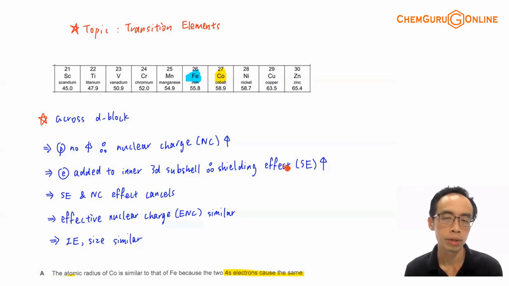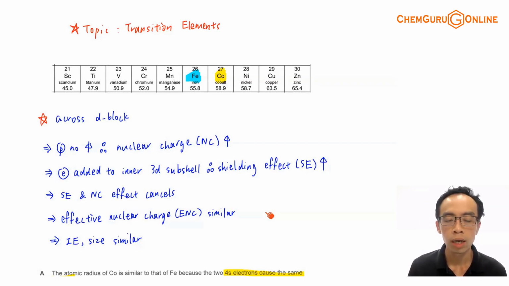The inner 3d electrons, since they're closer to the nucleus than my 4s electron, are able to shield your 4s electron to a certain extent. So it turns out that the increase in the nuclear charge and the increase in the shielding effect will cancel. And since they cancel each other, the effective nuclear charge across the D block will be similar. And the consequence is, since I have similar or invariant effective nuclear charge, overall attraction between the nucleus and the valence electron is the same, energy required for me to remove the electron is the same,